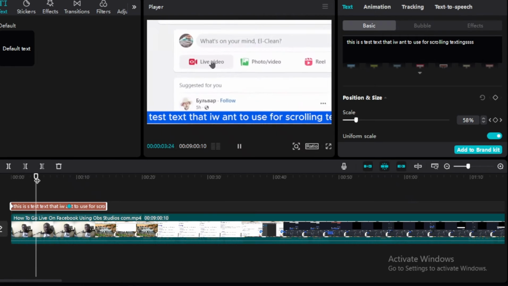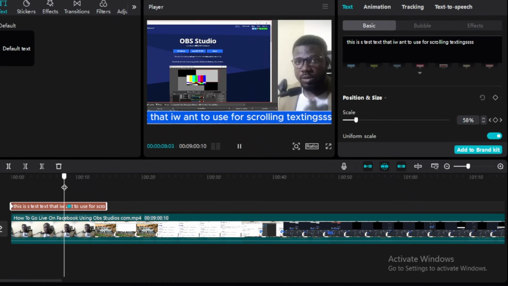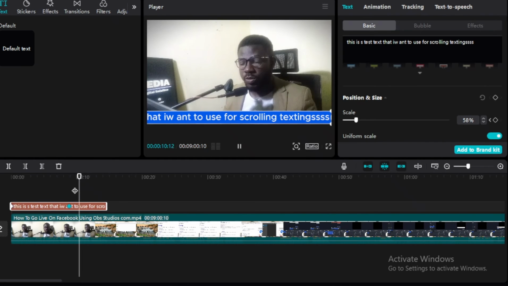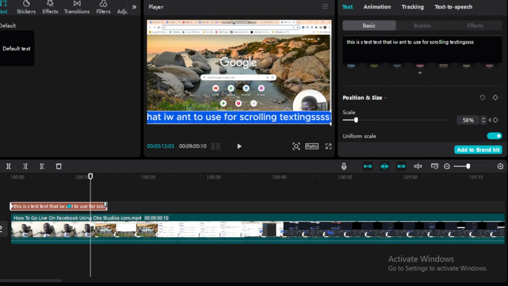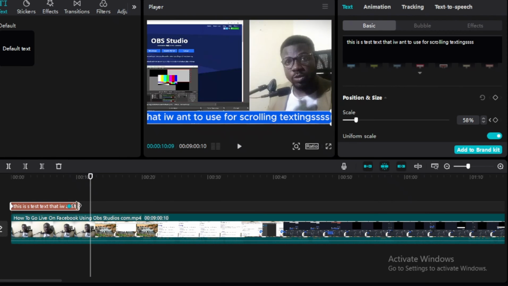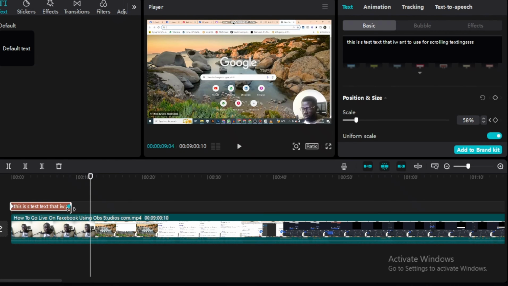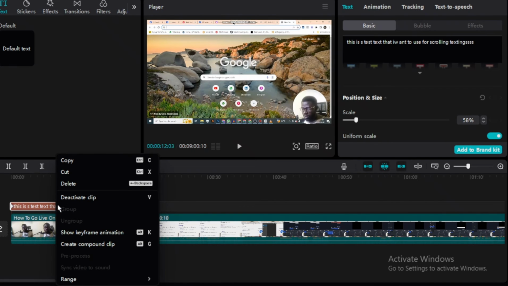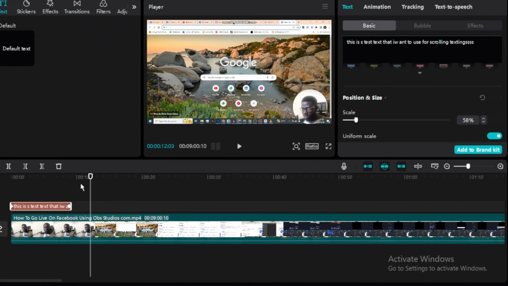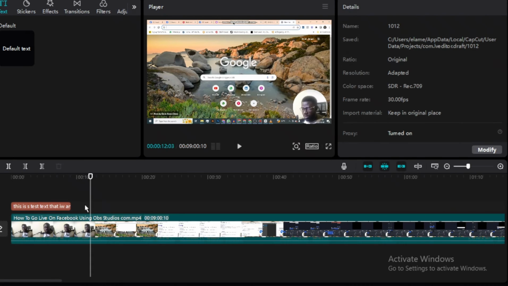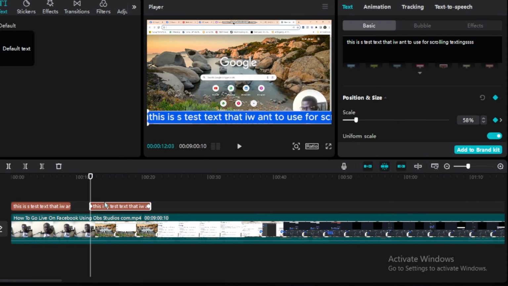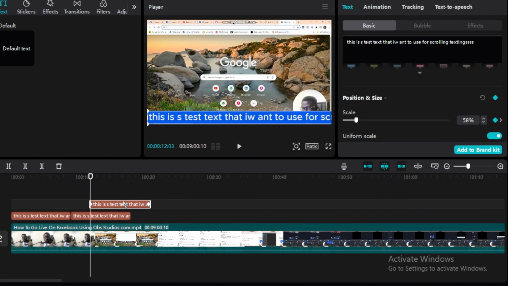Alright, but you will notice there is an issue. Once the video passes this place, it stops scrolling. So what you do to fix this is, after you're done with this first, you can now reduce this to, let's say here is okay, then copy this and paste it. Just do Ctrl V, paste it here again, paste it again,